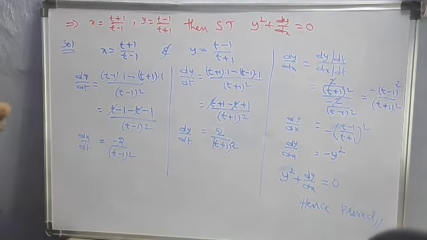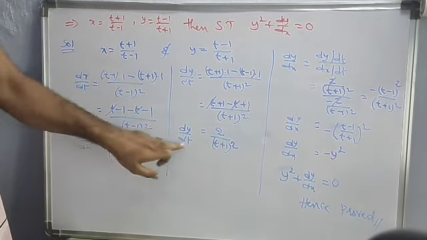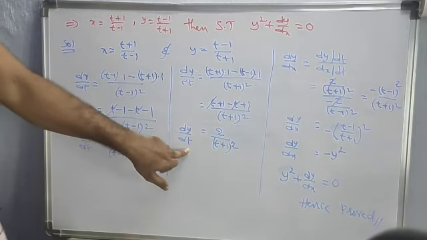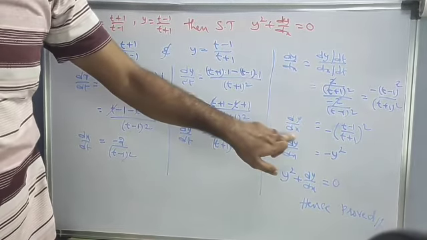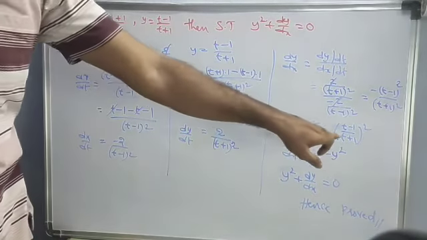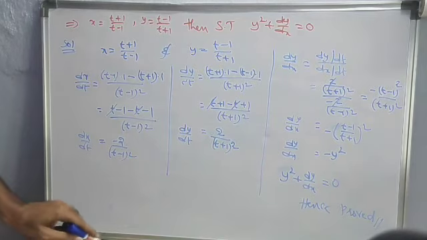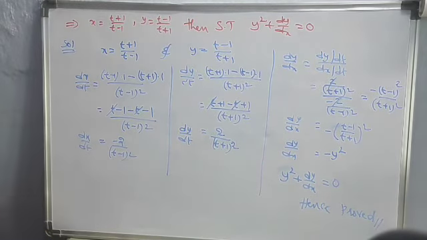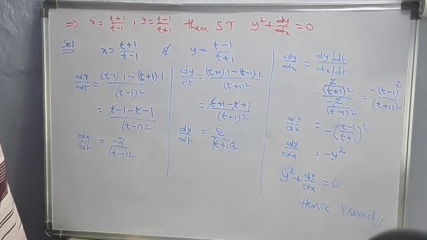Like this we can do the problems. dx by dt, dy by dt: first you have to find these values carefully. Next substitute these values in dy by dx. If any variable is there in that form, you just substitute that value, then you can prove the given condition. First we have to know what parametric equations are and what the procedure is. Okay, right, thank you.